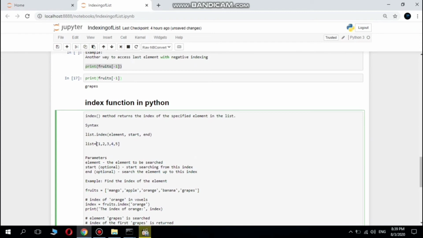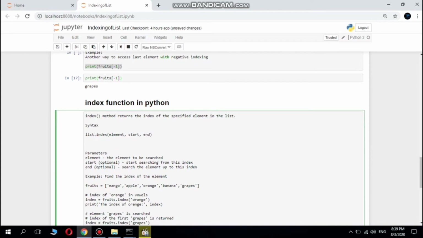If the list is sorted and we already know it beforehand, then what is the point in searching the first three indexes? So we can just mention the start index as 3. Similarly for the end, if we are sure that we are searching for an element less than 3, then we can mention the end position at which to stop the search, that is the second index. I'm just giving a scenario with an example.